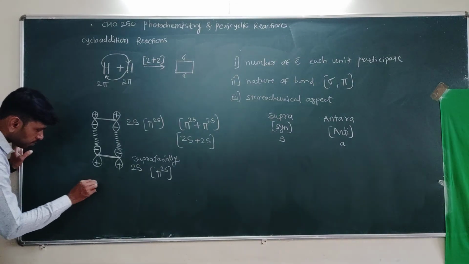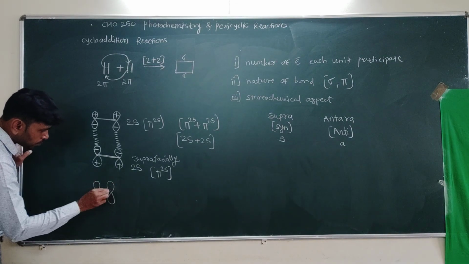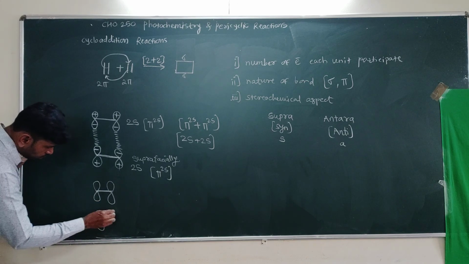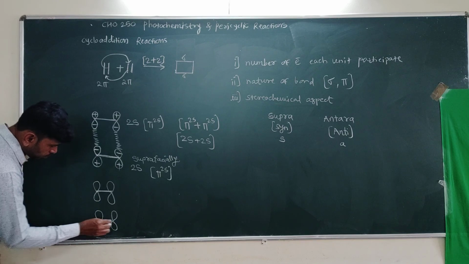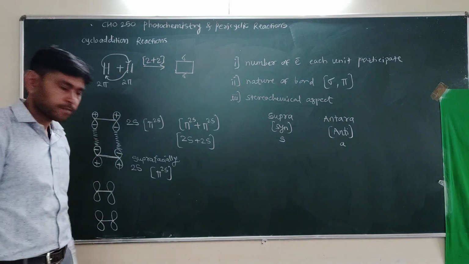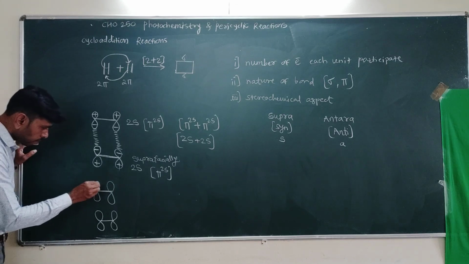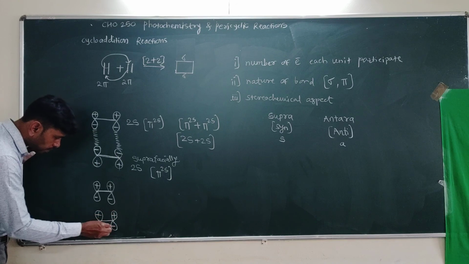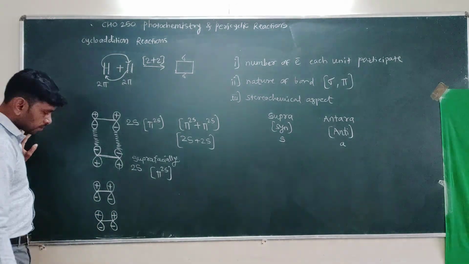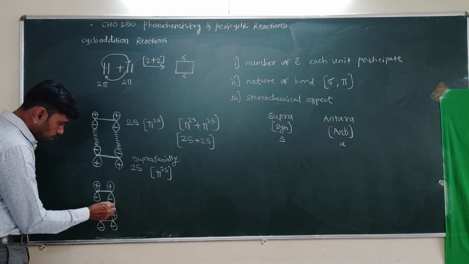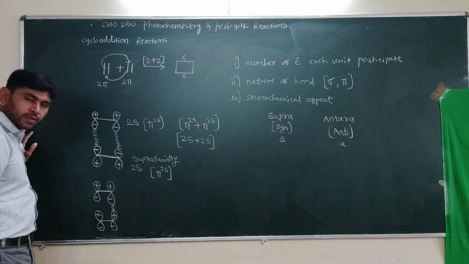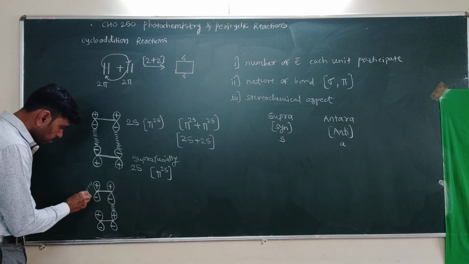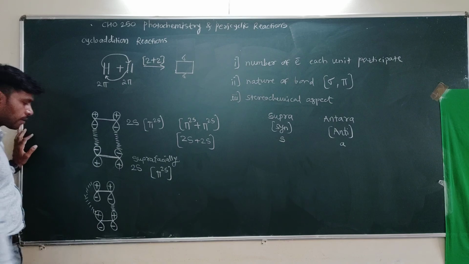See another representation where it is not acting suprafacially. So this is the p orbital of the first component, the p orbital of the second component, another component. So here plus plus minus minus plus plus minus minus. Now in these cases, see here this orbital overlaps in this manner. If this orbital overlaps, and another orbital overlaps in this way.